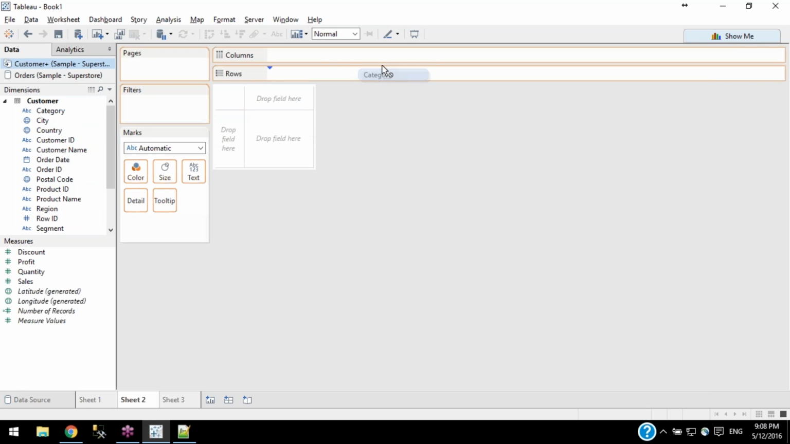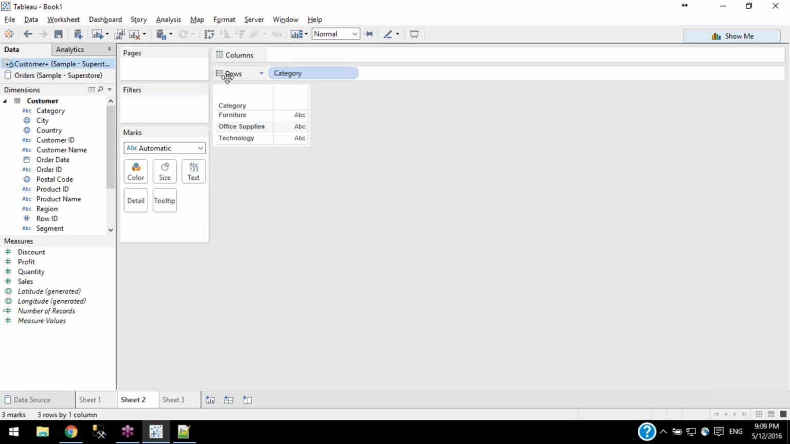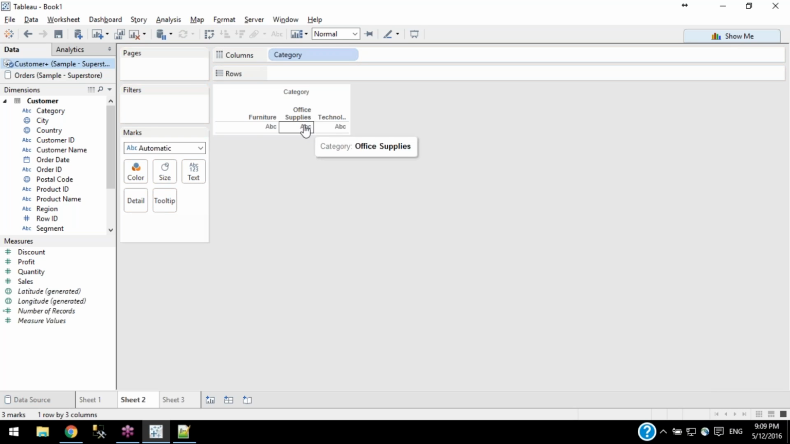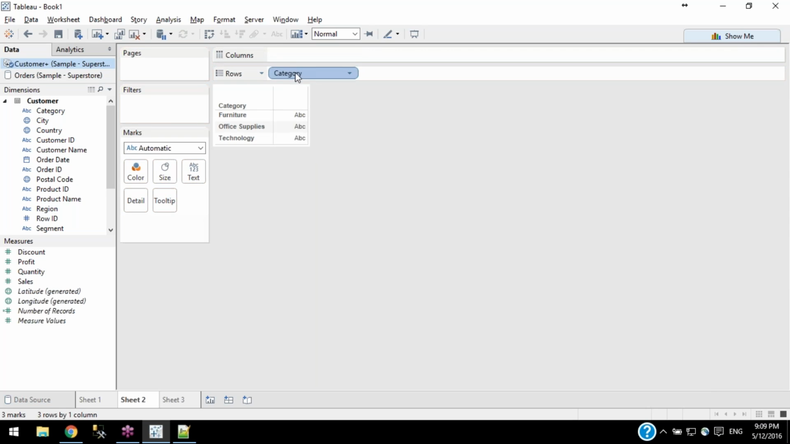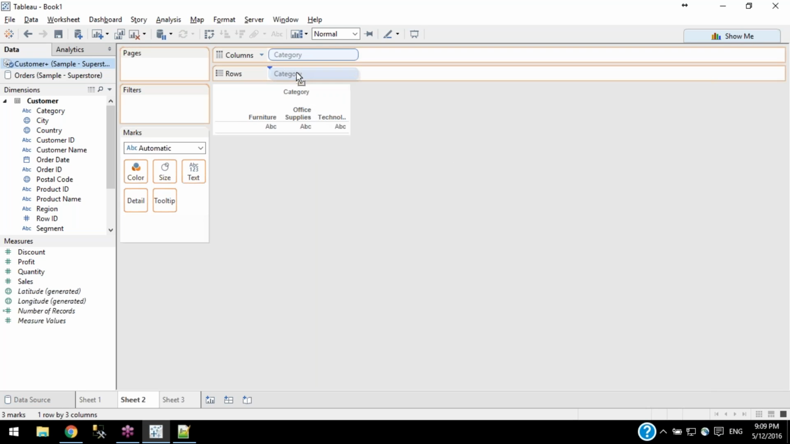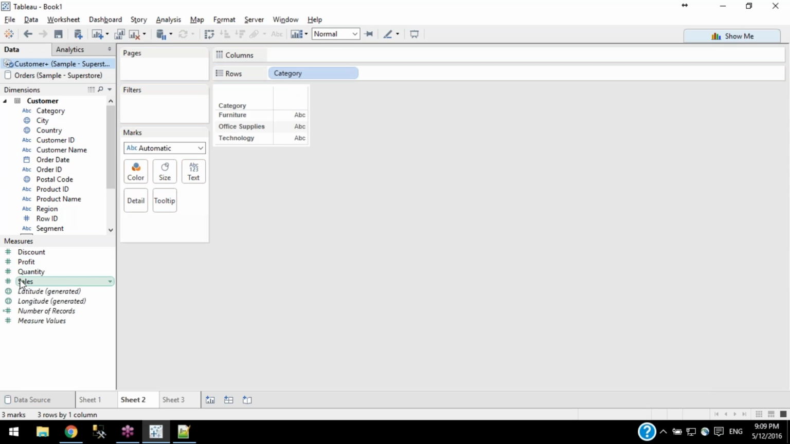Okay. So if you want to see each individual value as a row, then you put them into rows. If you want to see each individual value as a column, then you put them into columns. That's all. Rows and columns. Perfect. Next, if you want to remember, Tableau, as I have already mentioned, is a drag